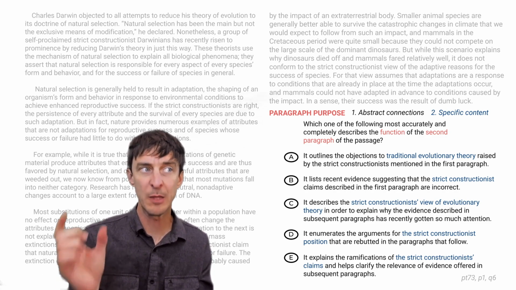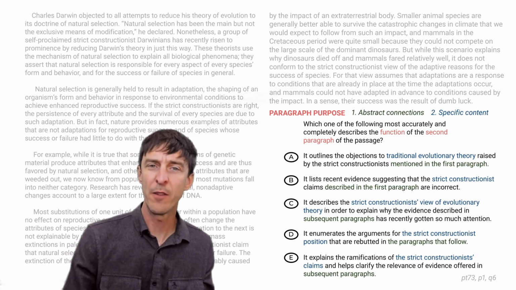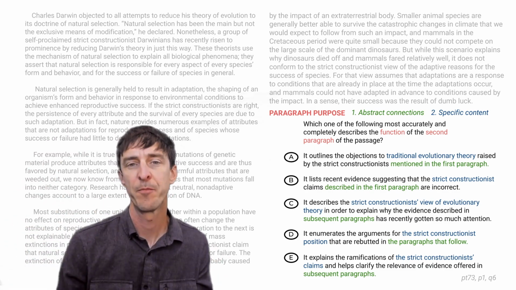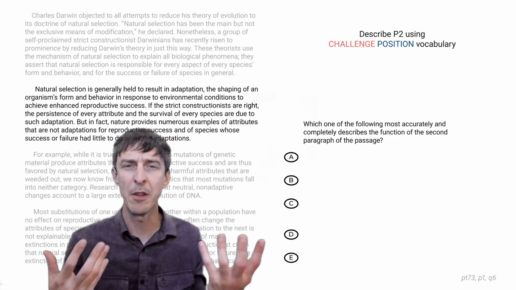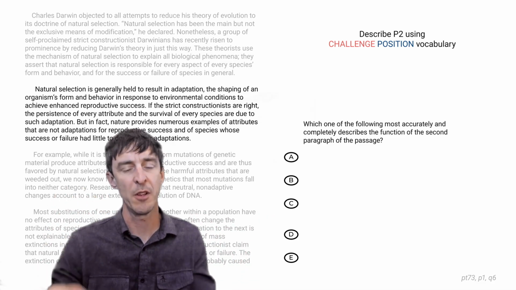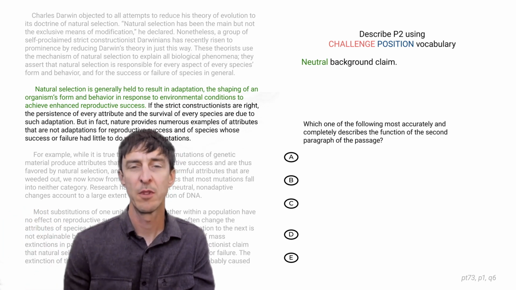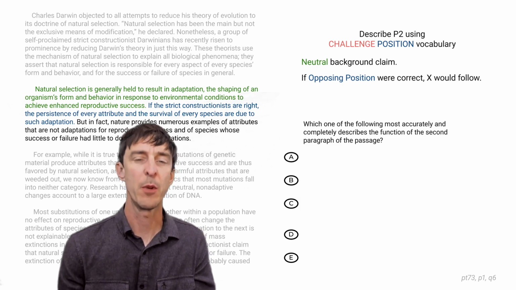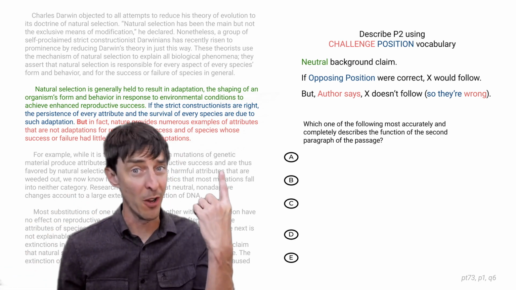All 5 answers have specific references to the topic of evolution and strict constructionists, but all 5 also have some reference to another paragraph, like how it connects to nearby parts. When we're prephrasing paragraph purpose, we try to use our framework as the vocabulary for talking about it. So how would we describe paragraph 2 using challenge position vocabulary? We knew that first sentence was kind of neutral. It applied to every point of view. Then the second one was like, well, if the enemy were correct, this would be true. And then we had a pivot from our author saying, but it's not true, implying, so they're wrong.